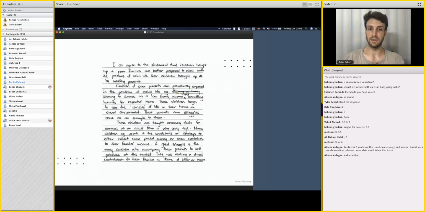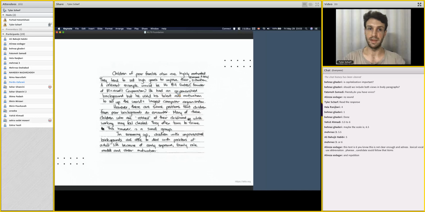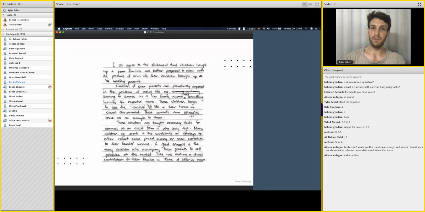If you think about it, when we go from being prematurely exposed to problems, we have a lot of problems early. That means that we are taught necessary skills for survival early, and then that means that we are highly motivated to improve ourselves. And there's a very good example of this of Bill Gates. So it was illustrated very well with the points. Every single thing that this person says